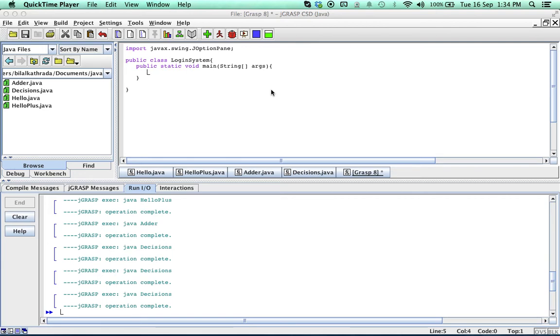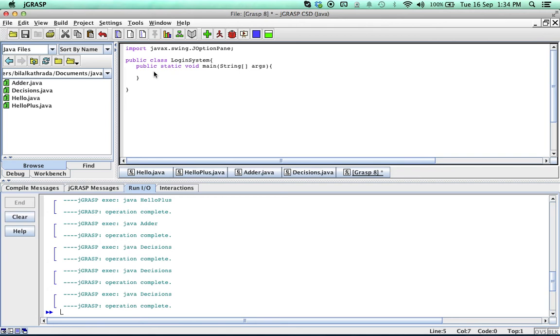So we start off by creating two strings. And we'll call the first one username, and again we will get the username by asking the user to type in the username on the front end using a show input dialog, right? Enter your username, and then we'll simply copy this line